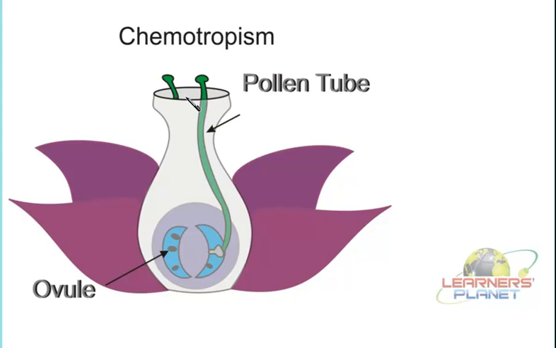From here, the next thing that happens is the germination of these pollen grains. What happens in this germination? During this, the pollen grains start developing a tube known as the pollen tube. This pollen tube tends to grow in the downward direction towards the ovary or the ovules. And then over there, they release the male gametes inside the ovary. So the generation of this pollen tube is an example of chemotropism, as it grows in response to hormones secreted by the ovary.